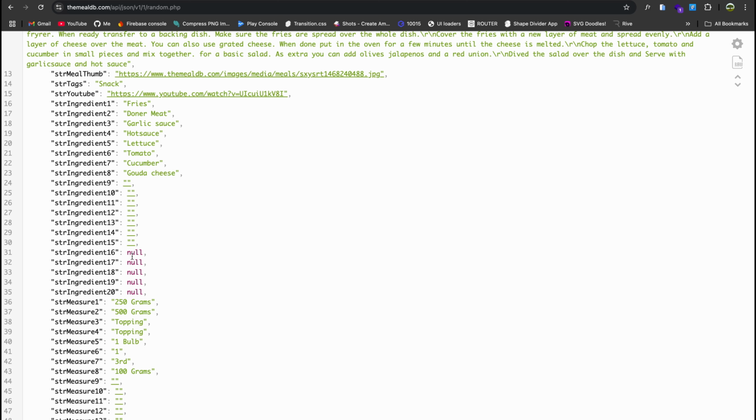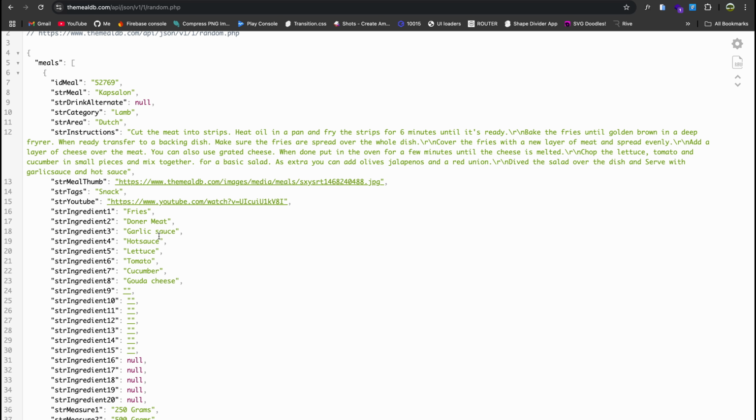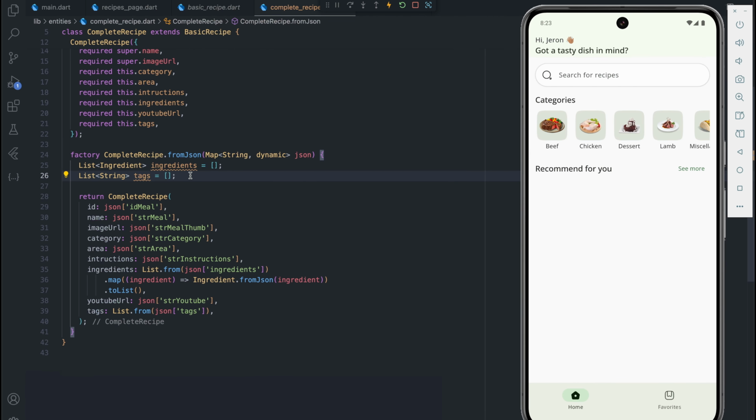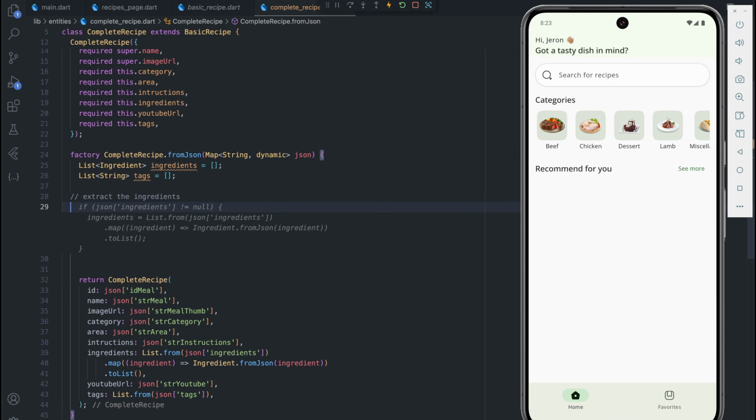If we look at this, it ends at str ingredient 20, which means that we are expecting a maximum of 20 ingredients. At least that's what I assume. So I'm going to create a for loop to extract the ingredients. I'm going to put a comment over here, extract the ingredients, and this is going to